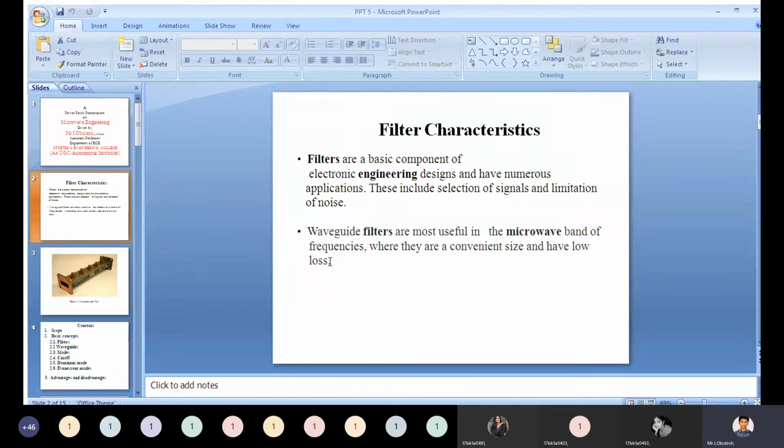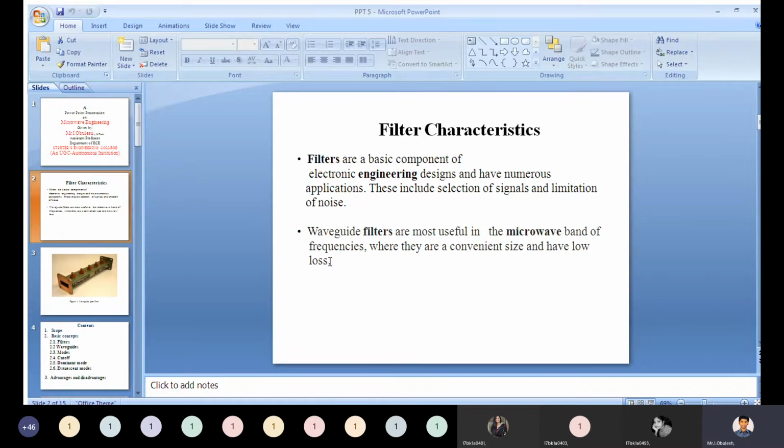Examples of microwave filter use are found in satellite communication. The best example for these waveguide filters you need to find is in satellite communication or telephone networks. So in satellite communication we are able to use them, and also on telephone networks and television broadcasting. So basically from those three areas we are able to use our waveguide filters.